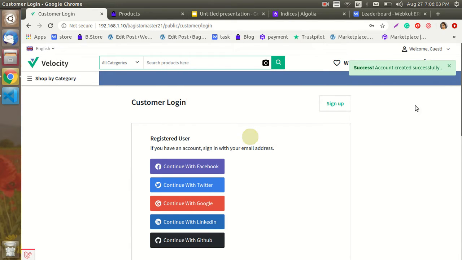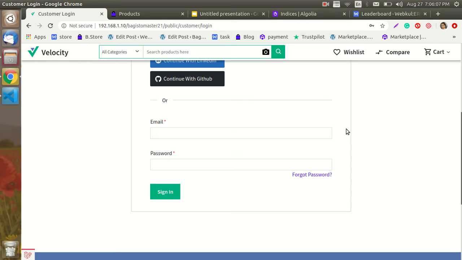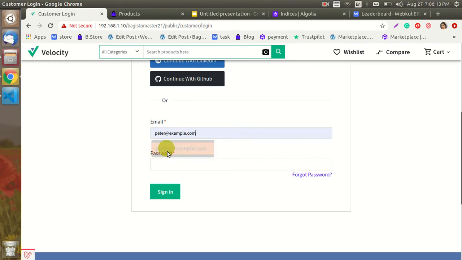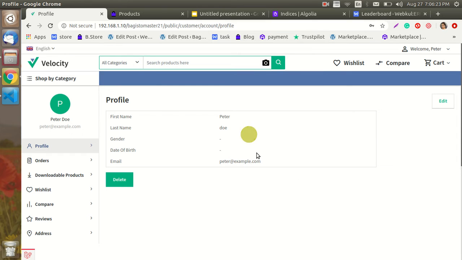Then our account is created successfully. So here we have to give the email ID and password for our account which we have recently created. Sign in. So guys, here it is, the customer profile.